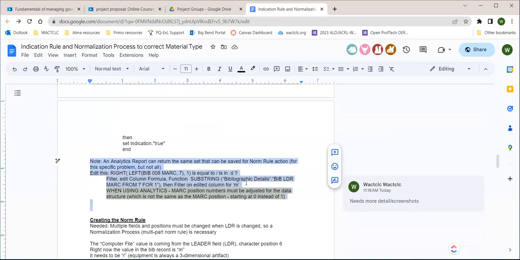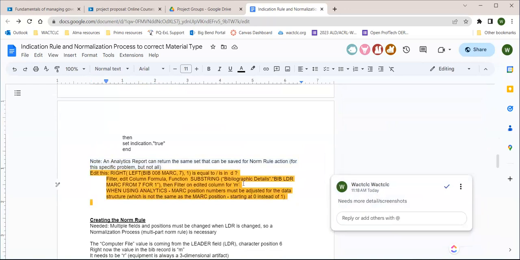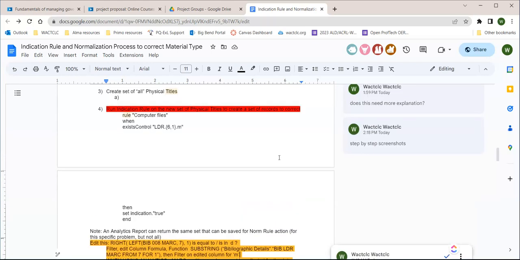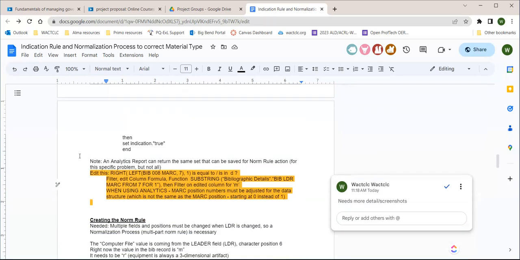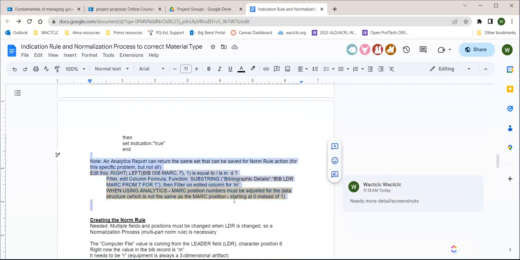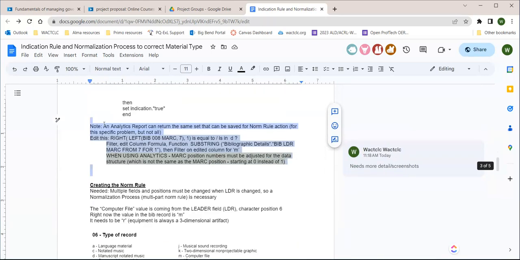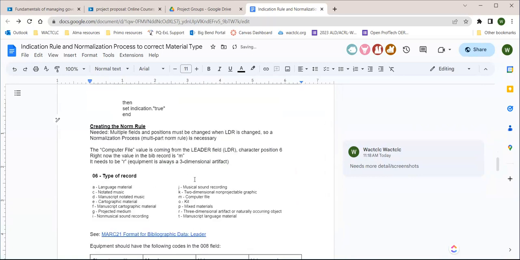I think part of this, something else that needs to go in here is, okay, so once you run the rule, what happens and what do you do with it? Does having it create a set for you? Do you have to save the set somehow? I can't remember. Well, and I feel like having this in here will just put the next step way further down and could totally confuse people. Yeah, take it out then. And it's in our notes, so we can always come back to it and explore how to do complex things in analytics reports. Okay, so then